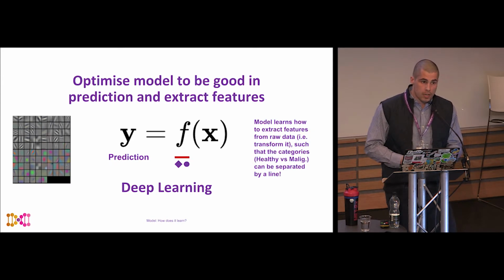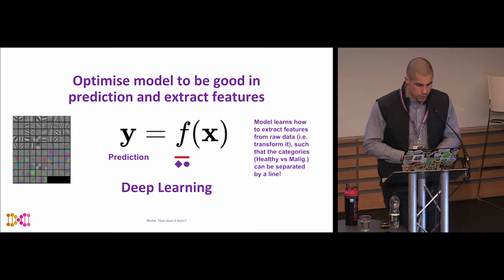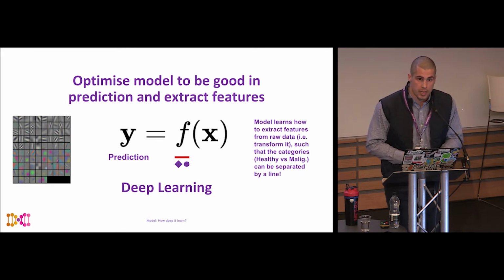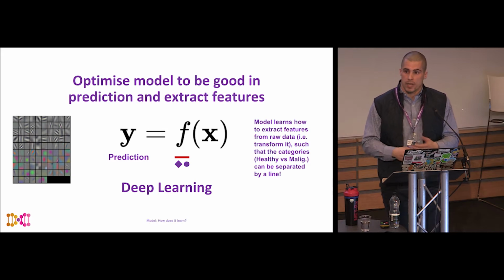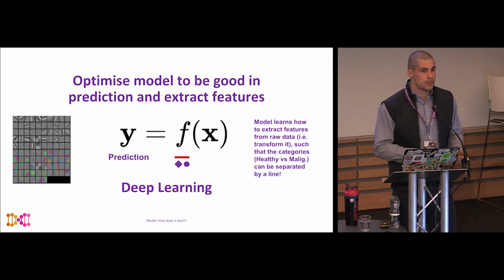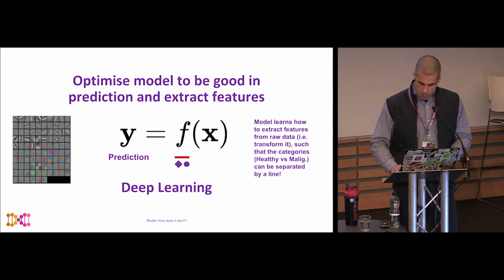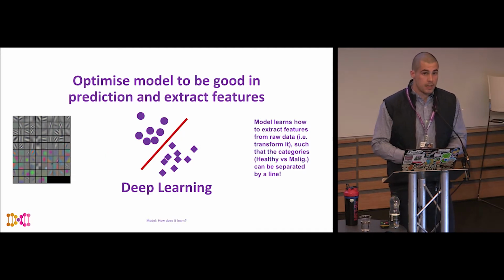Now, in terms of deep learning, where deep learning really came in since 2012, is that it allowed us to step away from deriving the optimal features from the image. We don't need to extract visual information anymore, or at least that's what we think. Because our deep learning model learns these filters on the left that allow us to extract features from the raw data and transform it in such a way so that we can easily separate malignant versus healthy categories and so on and so forth. And yes, in the end, the deep learning model is just separating by a line the two categories once they've been transformed using the filters on the left.